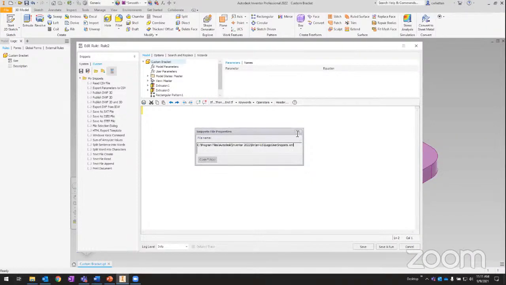So the first thing you want to consider when you're creating any new snippets is where you're going to store them, where that XML file is going to be saved. And it's got to be in a place, obviously, that you have write access to. And you also want to consider if you've got other people on your team that are also developing in iLogic,